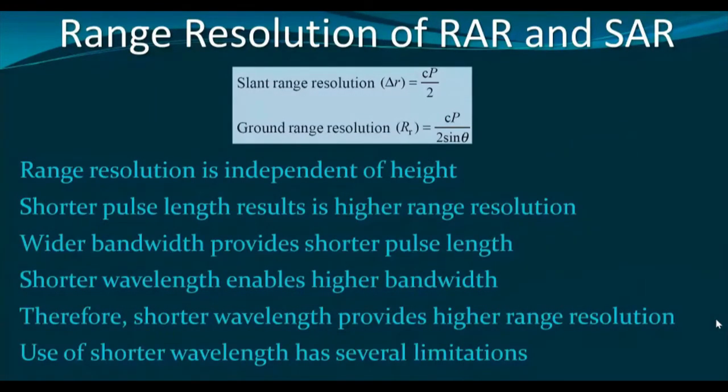Now, how is the range resolution determined? It is determined by the pulse length, half of the pulse length actually. Half of the pulse length is the time duration, and if we multiply this time duration with the speed of light, then we can get the range distance, or basically range resolution. Now, see, this range resolution we obtain is actually on the slant range plane. It is not on the ground range plane. Now, we have to convert it into the ground range plane.